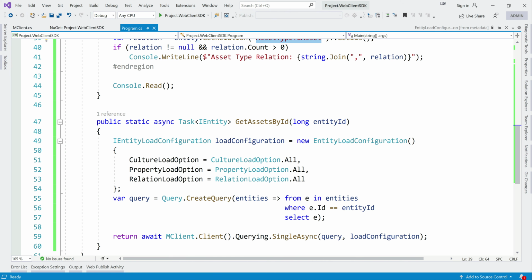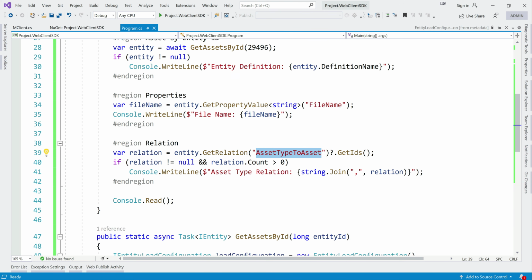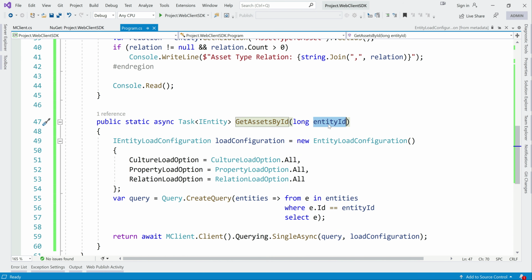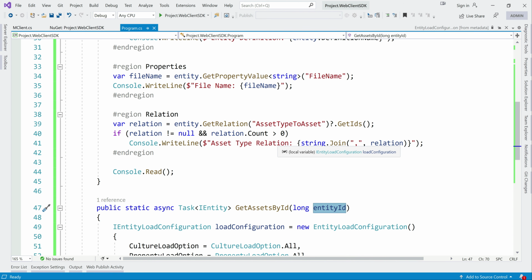So this is all for this video. Quickly we saw how we can get particular asset information by passing the ID. Usually in real time we would have a lot of search parameters. Maybe we're passing something and we're fetching huge assets and we're processing something. So in the later videos we will look into that kind of scenarios. So that's all for this video.